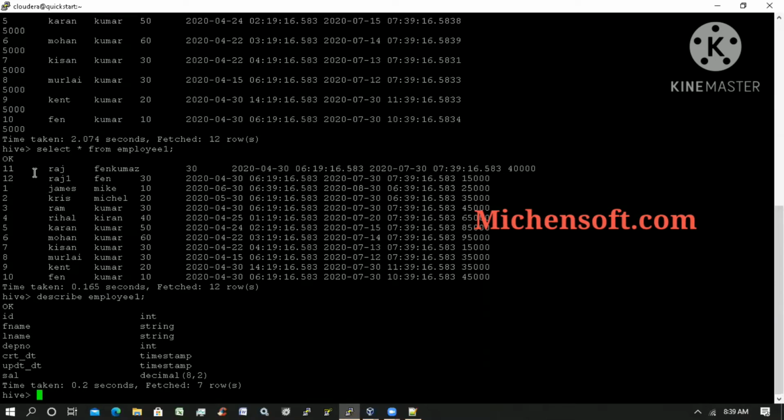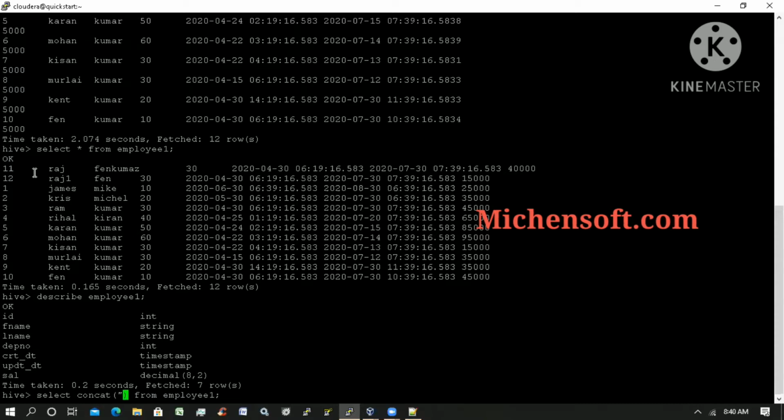I want to concat and make it as one field. How can we make it? We have two functions for that, concat and concat WS. Either of them we can use. Concat is the initial one; when they first released Hive, they gave concat. After that, they released something advanced, concat underscore WS. There we have some extra feature. What is the feature? I will explain.